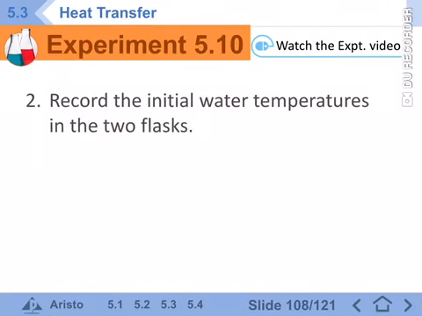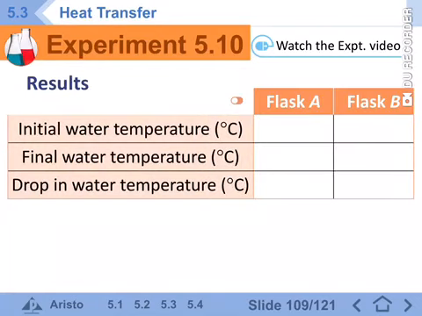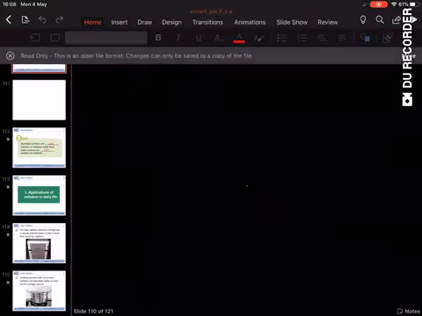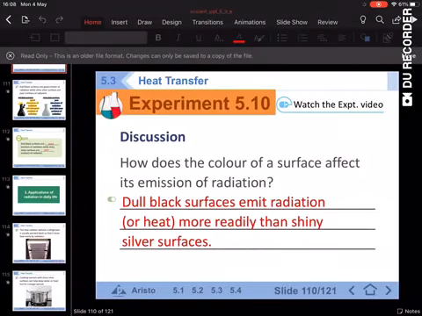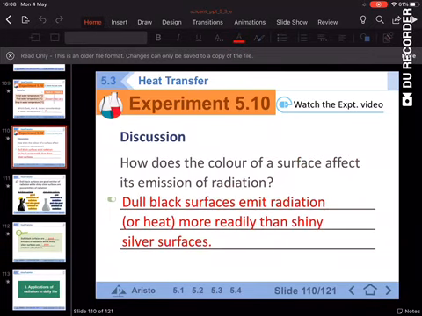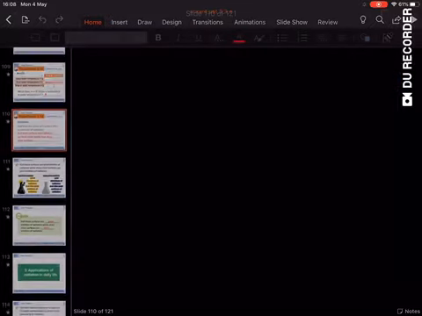And from that, we don't have the answer for this one, but we can conclude from that. Oh, I need to show you the other part first, which is on here. So in here, which flask will show a smaller drop in water temperature is flask B, with the silvery one. The reason for that is it will give away less heat. So in here, in the discussion,